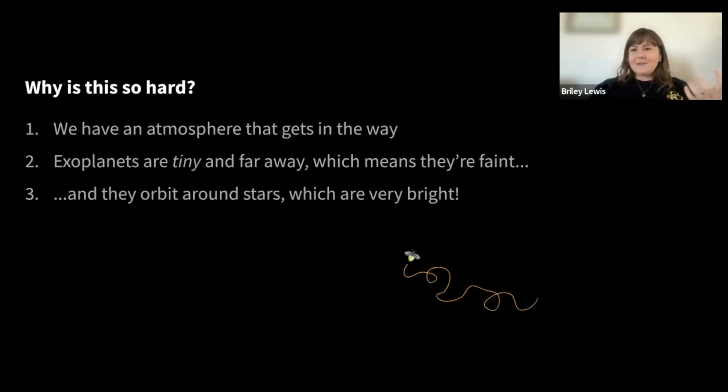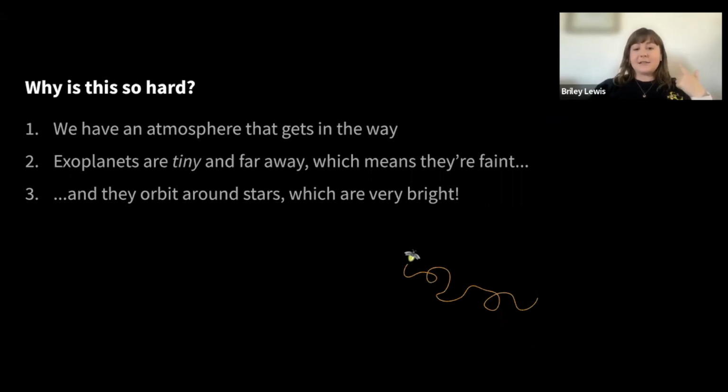And so why is it so hard? There are three main factors. One, we have an atmosphere that gets in the way. The atmosphere of Earth, as you all probably know from observing, can get pretty lumpy and make your images blurry. That's a problem. And then the other thing that you can't get rid of just by going to space is